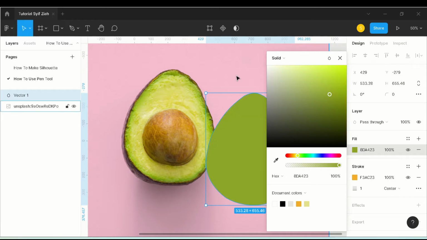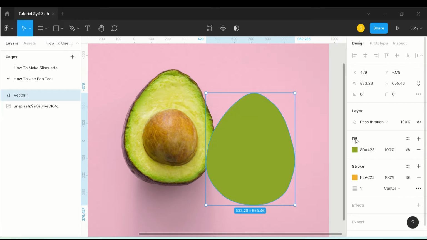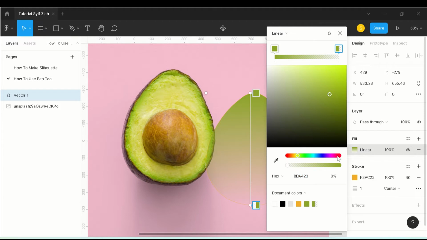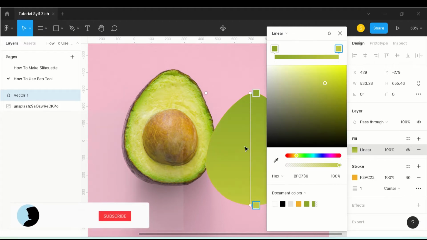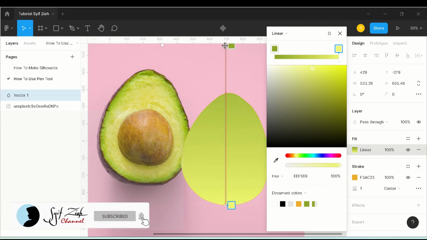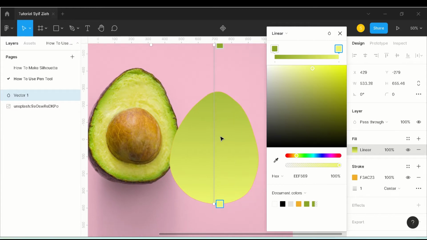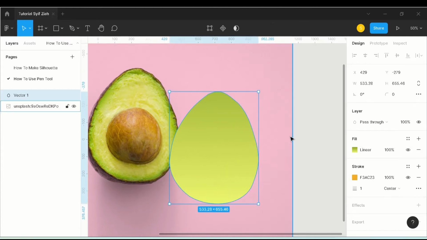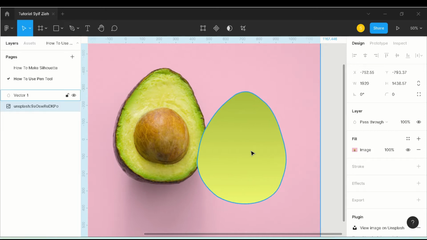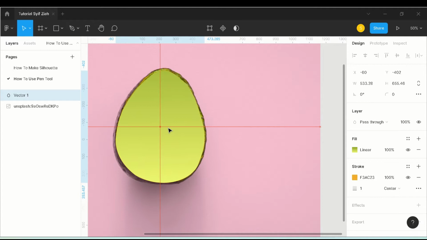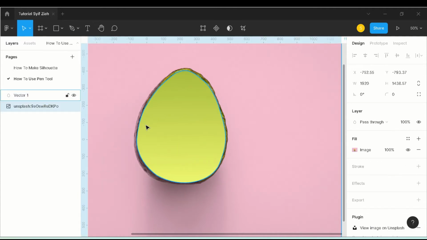And by the way, you can choose the color as you think is the same as the real picture. Okay, we try to make it the same.